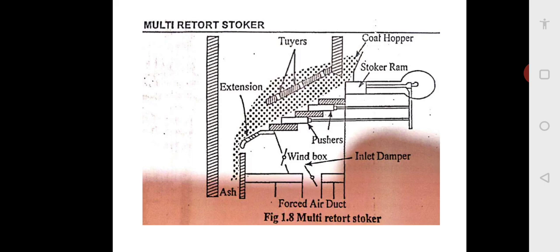An air damper is provided at the air inlet in the wind box to control the airflow to the surface. So dampers are always provided to control the flow rate. The airflow to the extension grate at this entry is further controlled by another damper, since the extension grate requires a small quantity of air with less fuel burning on it. You can see one more damper is provided. The ash from all the retorts falls into the ash pit. On the left side you can find the ash after burning, which falls down into the ash pit.